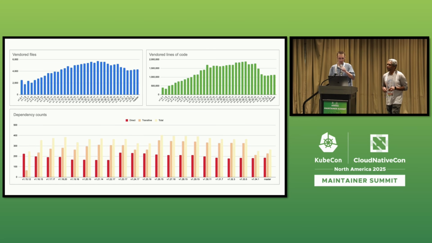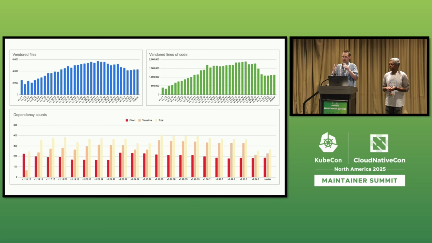Sure. So I told you we have 1 million lines of code, and this is better than it used to be. We're actually back to around where we were at 1.10-ish in terms of the amount of vendored code, which is kind of amazing. So we have tools that check the number of dependencies, how far away from the latest releases of dependencies we are, how many lines of code we have, how many direct dependencies, transitive dependencies, stuff like that. And again, it's just getting visibility of the problem.